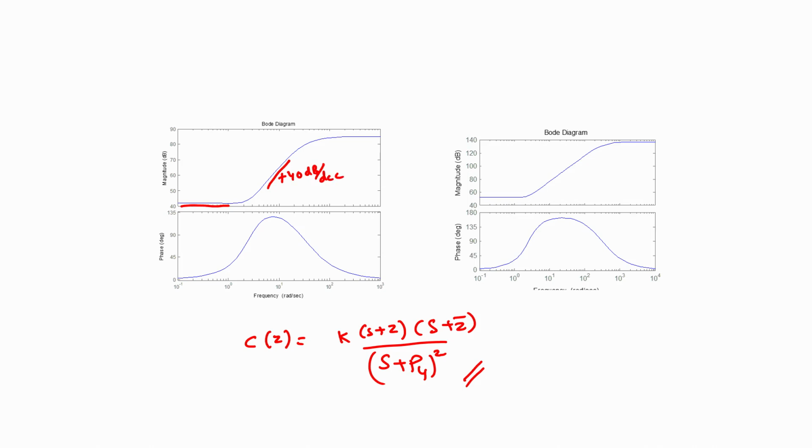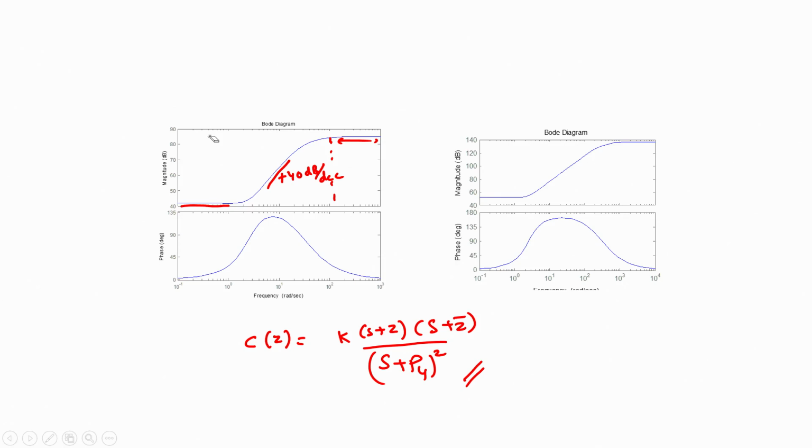But then at some far away location we have the two poles P4 and P5, which are coincident, and at that location we would have a minus 40 decibels per decade characteristic that gets added on to the plus 40 decibels per decade characteristic of the two zeros. Hence beyond that frequency we would once again have a flat characteristic, since these two contributions cancel each other out. So this is once again going to be about 0 dB per decade slope.